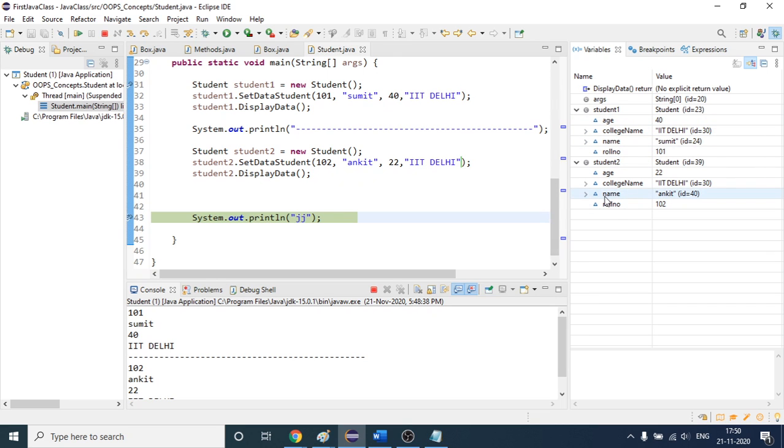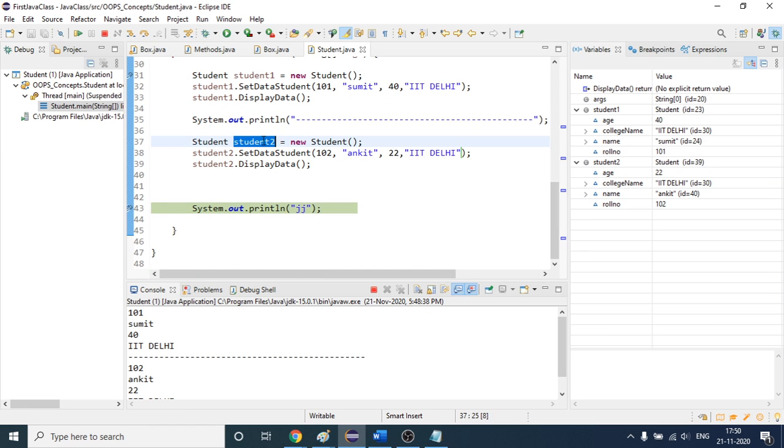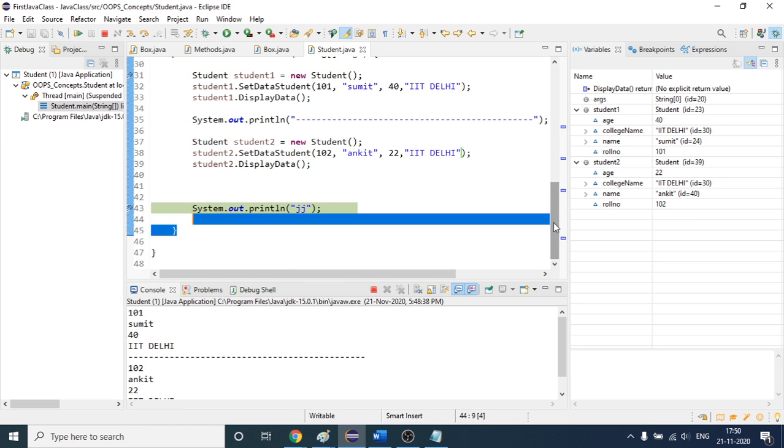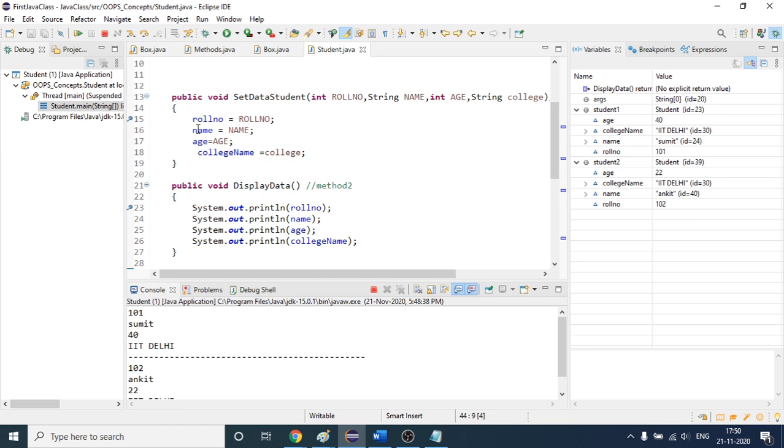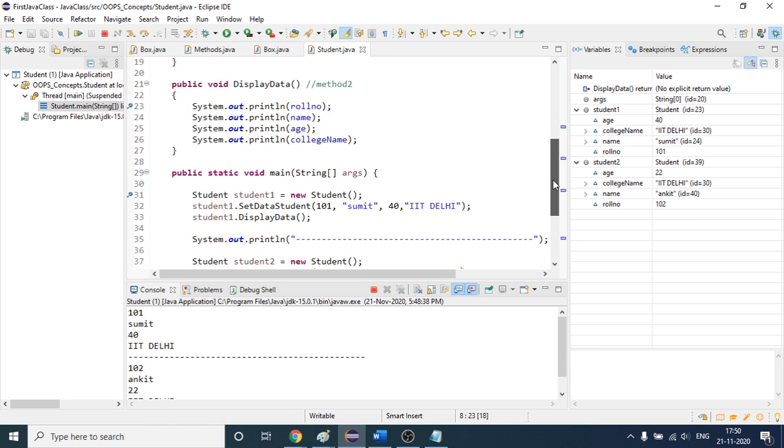If I declare 1000 students, every student will have a different age, a different name, and a different roll number. But if all the students are studying in the same college, this college,